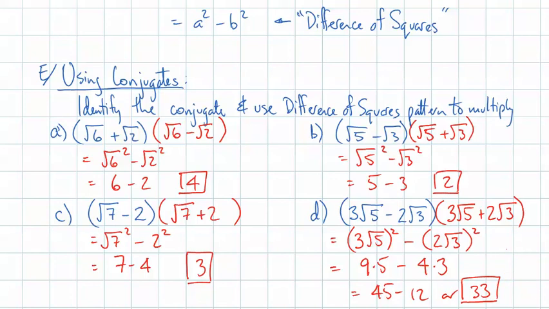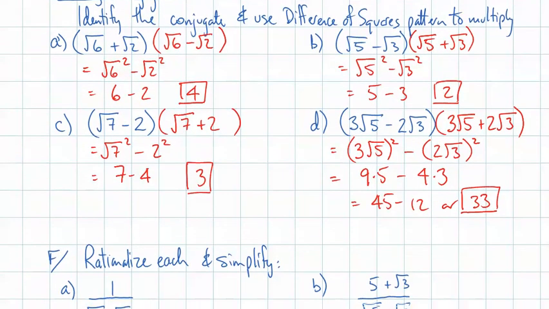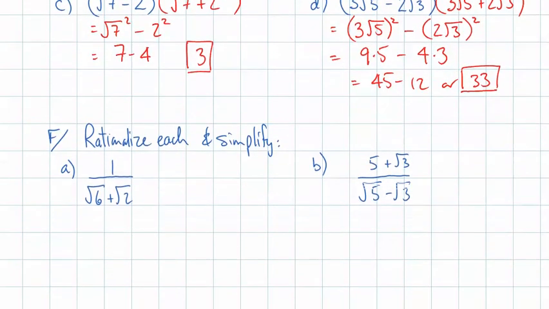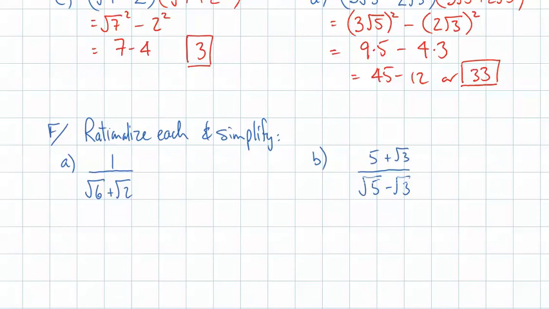Alright, here's how we take advantage of this. Rationalize these and simplify. Now, notice I've taken advantage of the work up above. Root 6 plus root 2, that's my denominator. Root 5 minus root 3, I've already done these ones. Now, when I'm working with expressions like these, I need to multiply by 1. 1 is anything divided by itself. I want to use the conjugate. So I have to write the conjugate here as well, because something divided by itself is 1, and I maintain